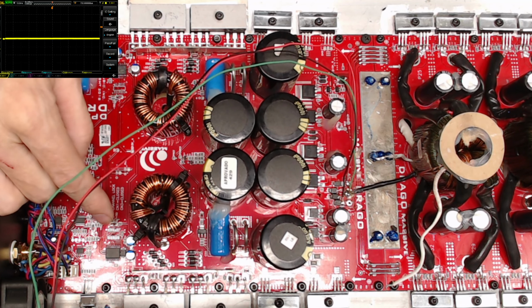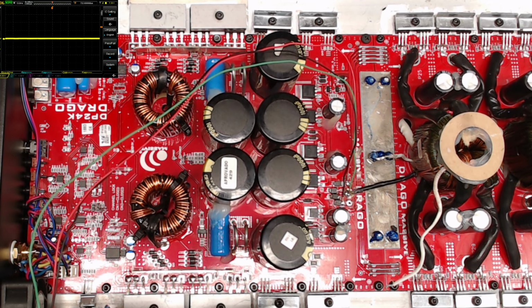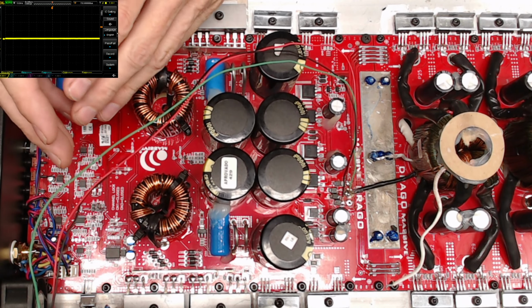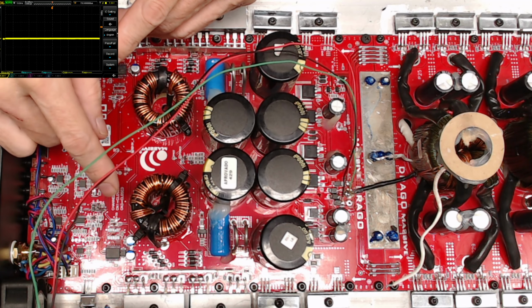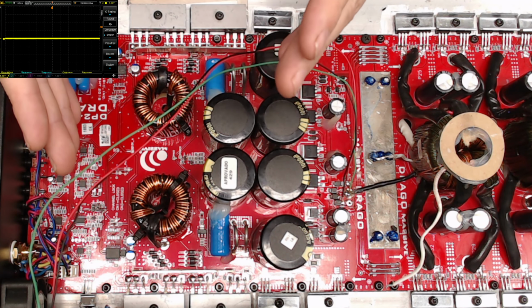Here, as you can see, this is a NOR gate flip-flop. This is the 14011B. I think it's a CMOS flip-flop. I'd have to look at the data sheet. A common setup is they'll take a signal, use a flip-flop, and make that your positive and negative square signal reference to a different voltage. And that's what they're doing here, separating the drive from the actual